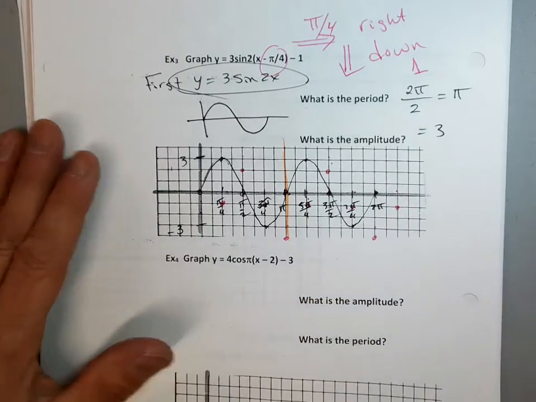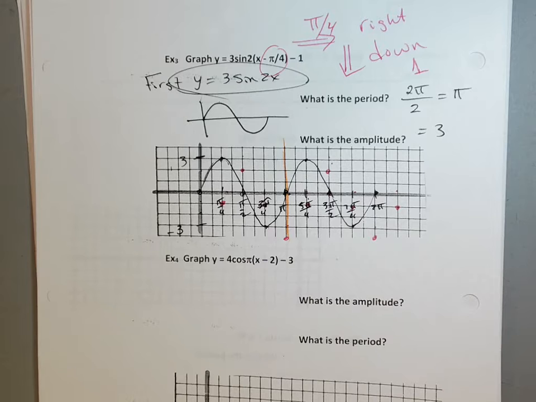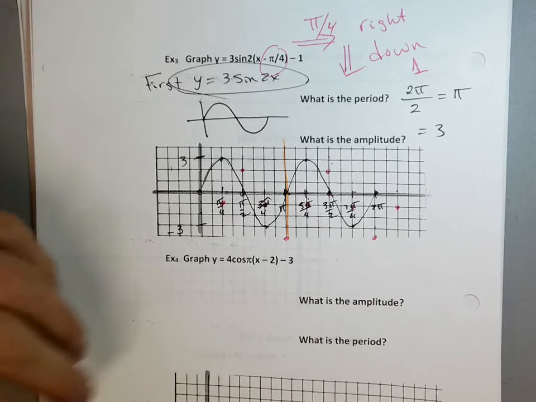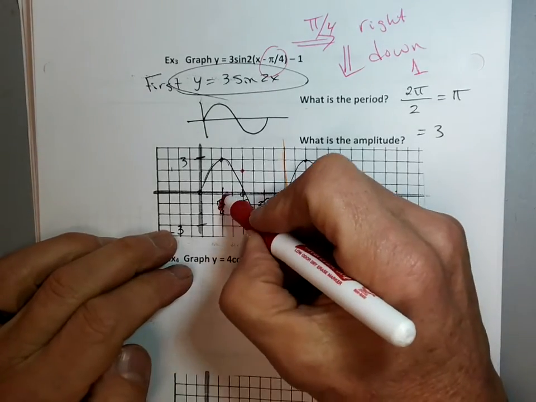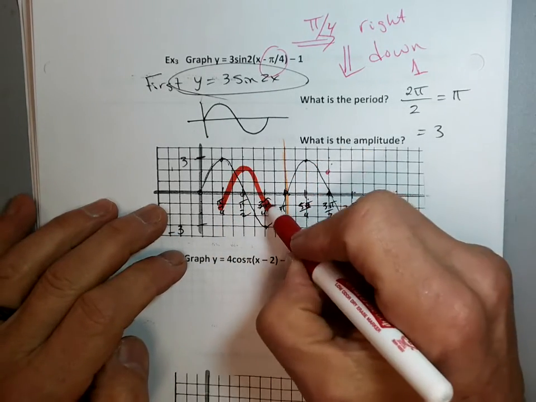Okay? So I've shifted it. Take the whole graph. I've basically picked it up, point by point. I picked it up, moved it over 2, down 1. It's all done. Now I'm going to go ahead and draw in my curve. So my curve